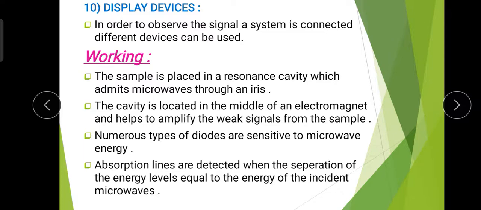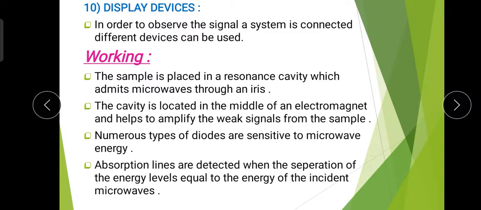In ESR particularly, it is a microwave frequency. When this frequency gets absorbed, when the energy difference between the two energy states is equal to the photon energy of that radiation, the absorption takes place at the resonance condition. As we already mentioned in our previous video, at the resonance condition the photon energy of microwave radiation gets absorbed. When this photon has energy equal to the energy difference between the two energy levels, this occurs at the resonance condition, and this is the absorption line in the ESR spectrometer.